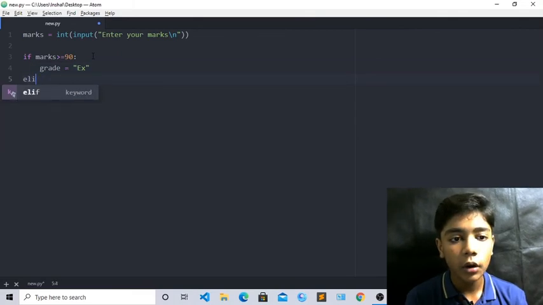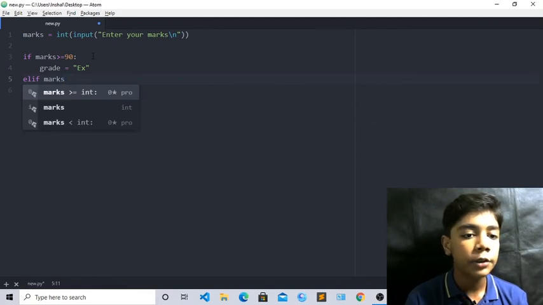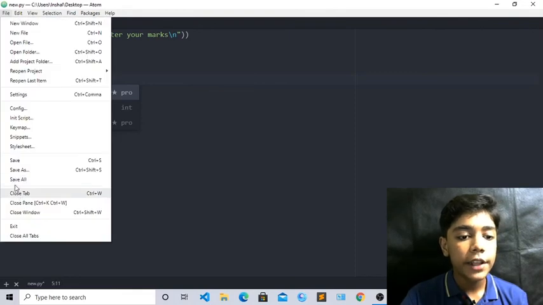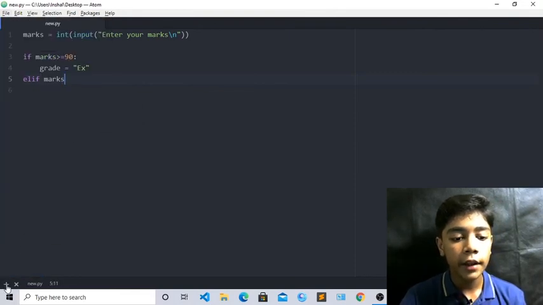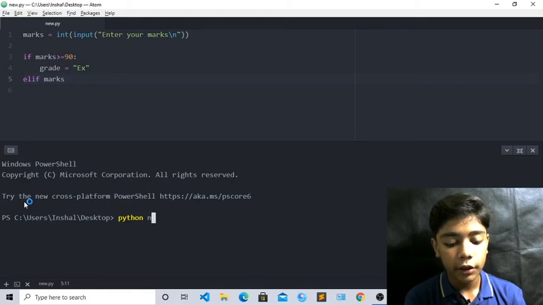You all remember what the elif tag is because we learned about it many times. We used this elif tag when we made the car game, and in many projects and topics we use elif tags. Now we will check whether it is downloaded or not. Write here Python new.py.